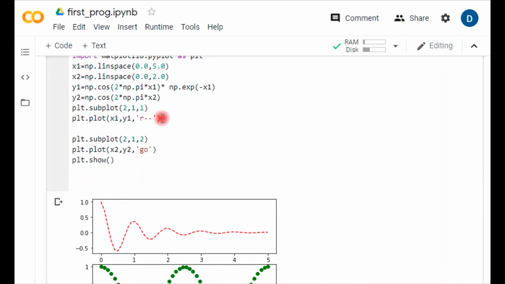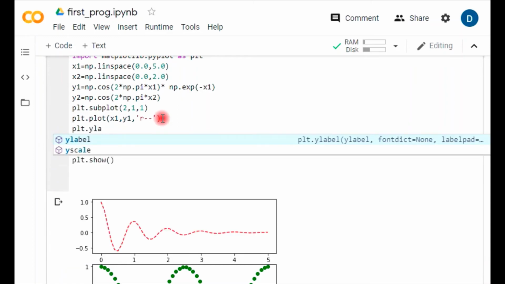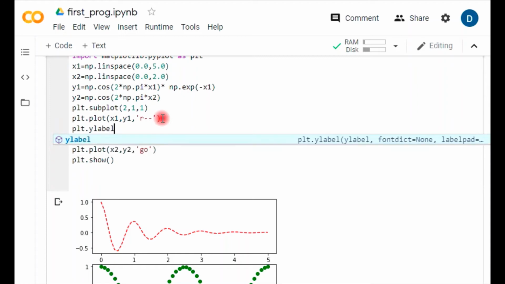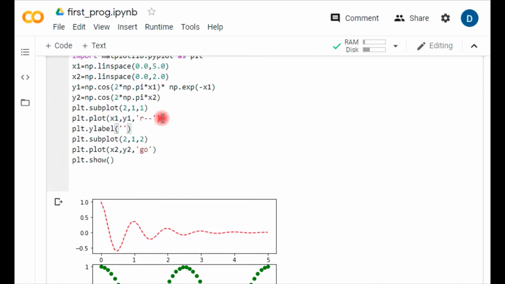I'm giving a simple command using plot dot y label, and this y label is nothing but damped.